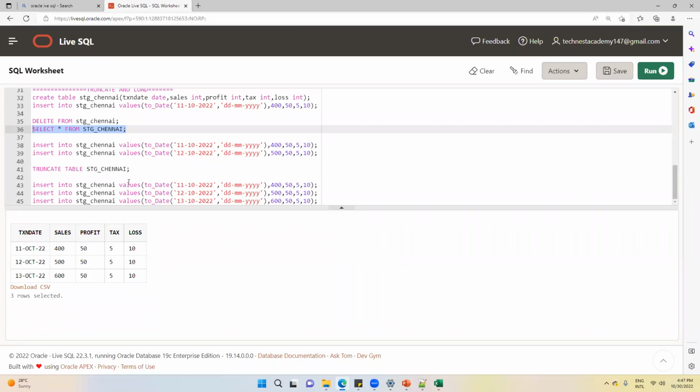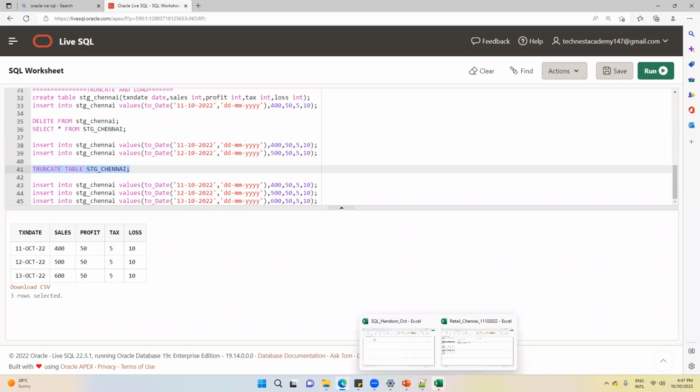So you said truncate, and what was the other one? Truncate and load. So it's deleting the previous day data, and then deleting all the previous day data and then loading the data you have received in the source file.